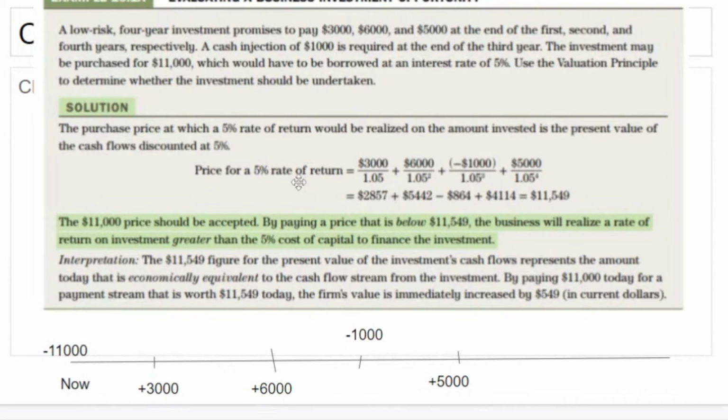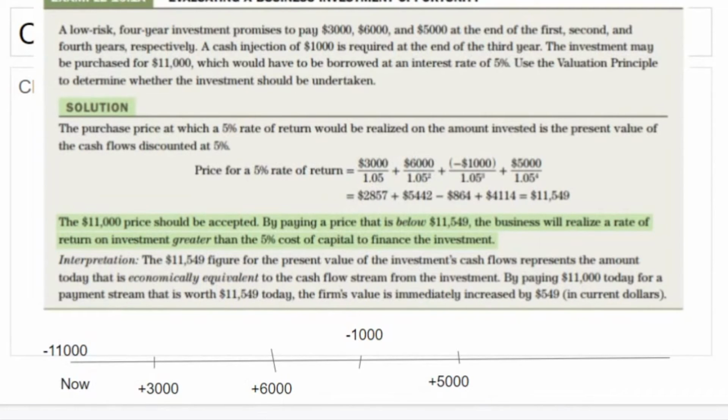So here's the mechanics of it. We take the 3,000 and we're simply doing a simple present value calculation here. So we take 3,000 divided by 1.05, a 5% interest rate. And that means that that 3,000 is worth $28.57 now. We take the 6,000, which is in 2 years' time, notice to the power of 2 here. We bring it back, and again, now it's worth